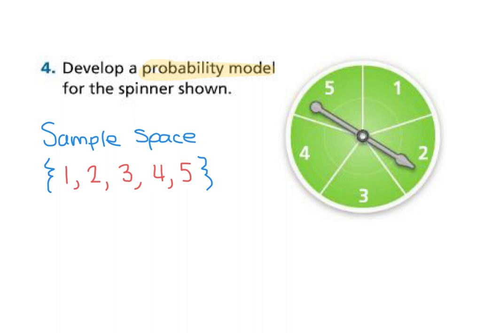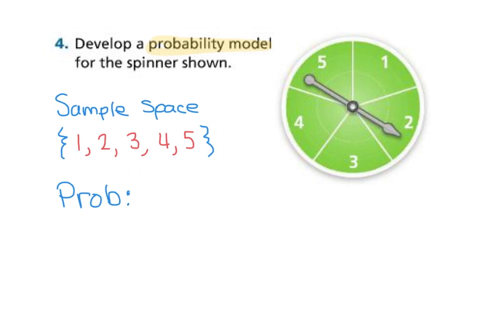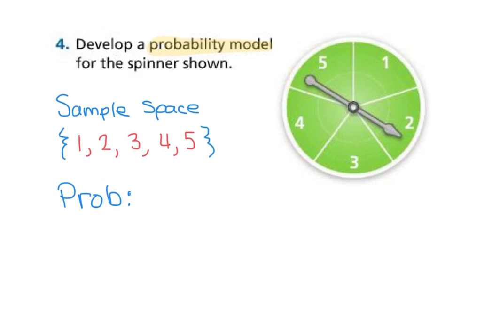Okay, the second thing we must have is their probabilities. So I'm just going to abbreviate that with the word PROB. And again, that stands for probabilities. Well, how many numbers did you count on that spinner? You counted 5, so we need 5 different probabilities. So here we go. This should be easy. What's the probability of spinning and landing on 1? What is the probability of spinning and landing on 2? Probability of spinning, landing on